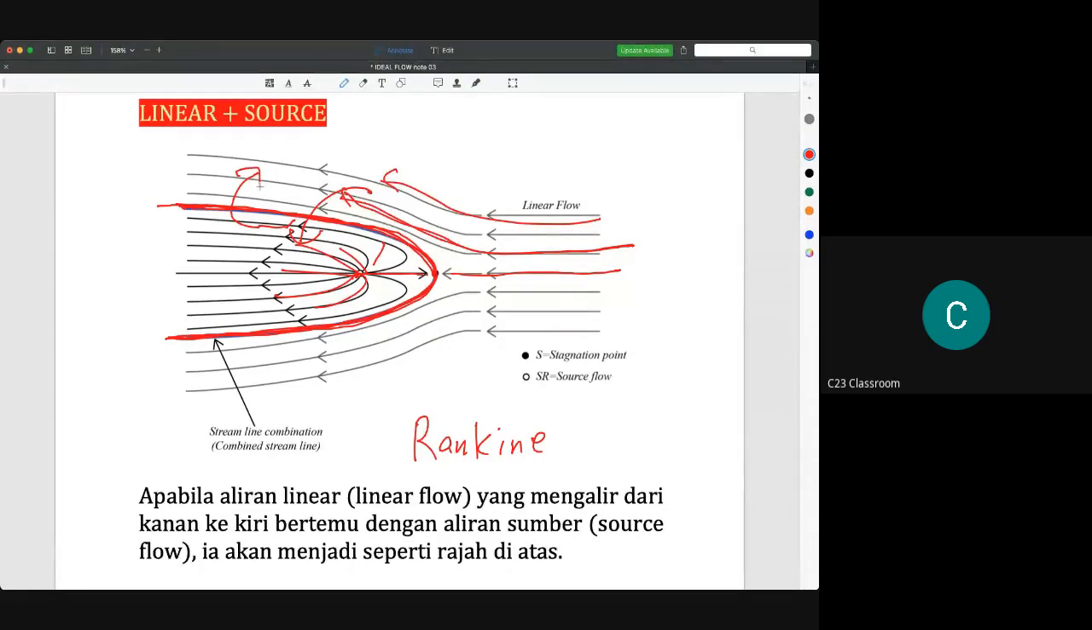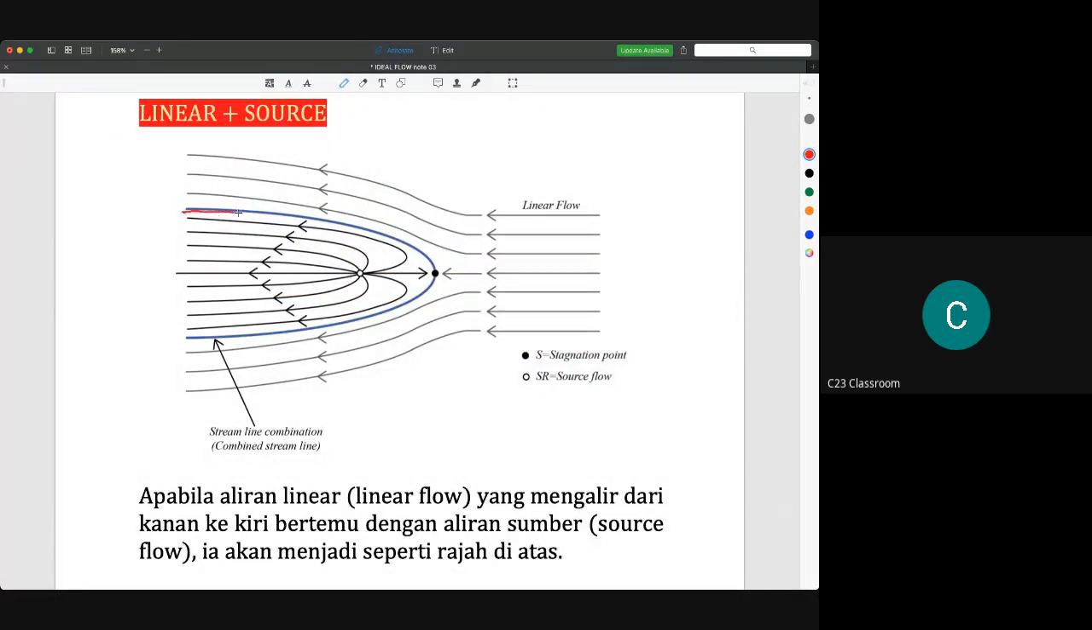Itu satu. Kedua, Rankine membuat pemerhatian dan membuat kesimpulan bahawa di sini akan berlaku satu keadaan di mana molekul sebenarnya berlanggar dan berhenti seketika sebelum ia bergerak ke arah yang lain. Oleh itu, pada titik ini dinyatakan sebagai stagnation point. Ini antara yang awak kena ingat. Okey, so kemudian satu perkara lagi yang dinyatakan oleh Rankine ialah